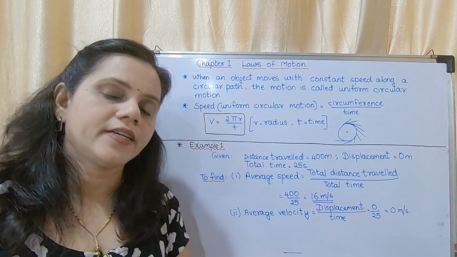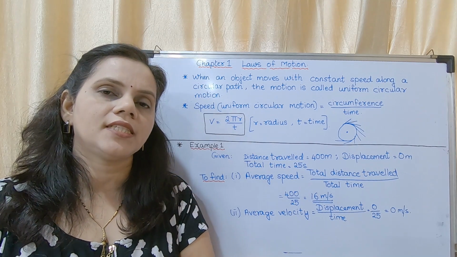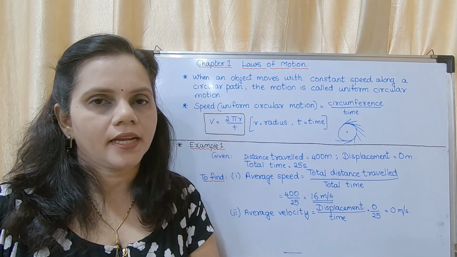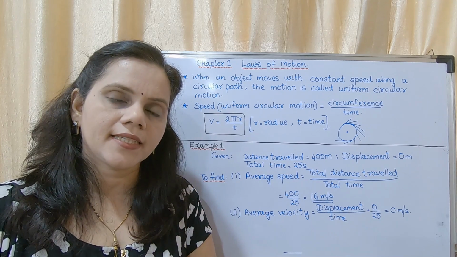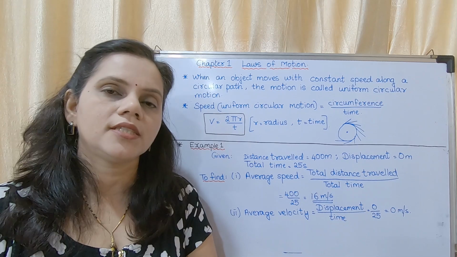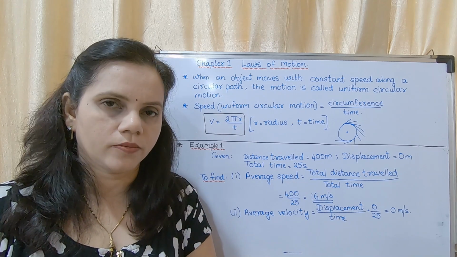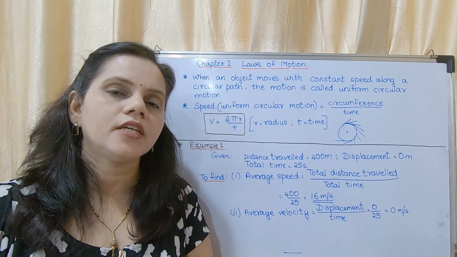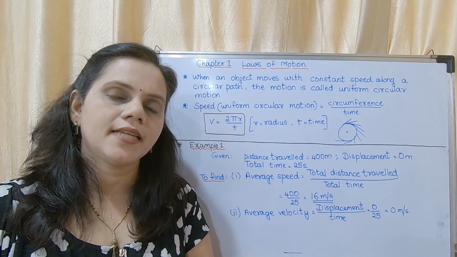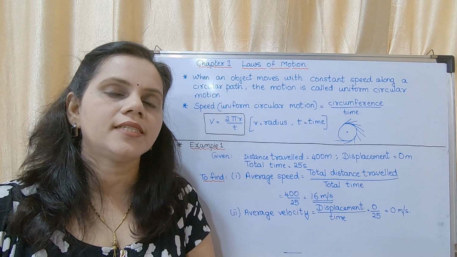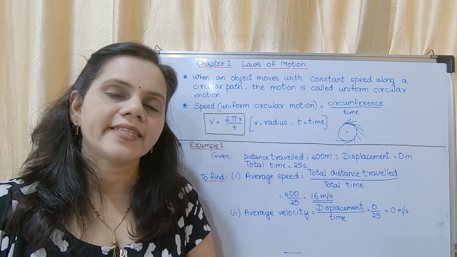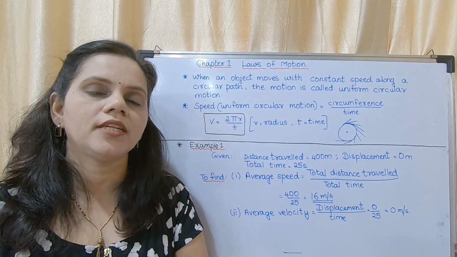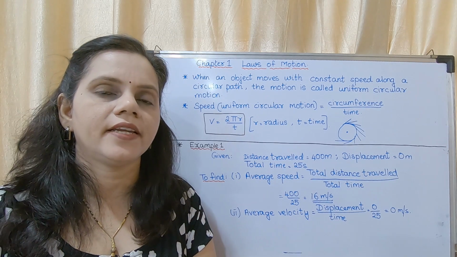So we had studied in the first lecture of this chapter, how can you change the velocity? We can change the velocity by changing the speed and keeping the direction constant, or changing the direction keeping the speed constant, or changing the direction and the speed also. So if an object is in circular motion, even if it is having uniform speed, it is changing its direction continuously. So it is a change in velocity. As there is change in velocity, there is acceleration. So uniform circular motion is an accelerated motion. It is a very important point.